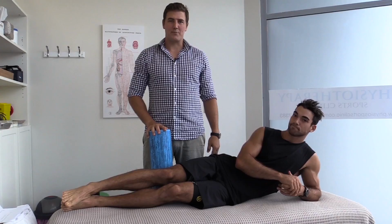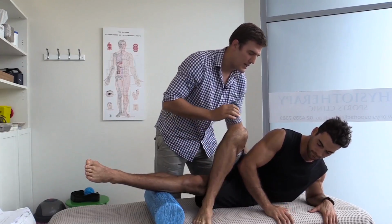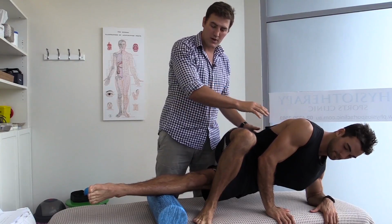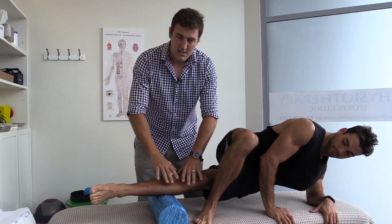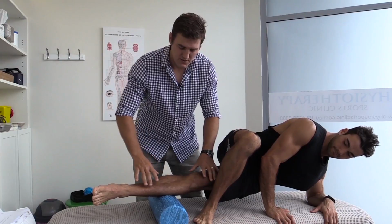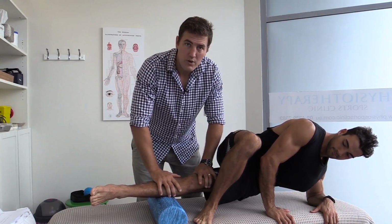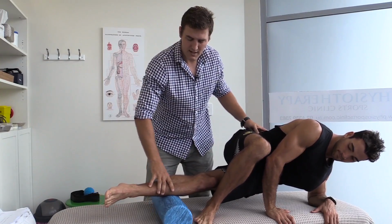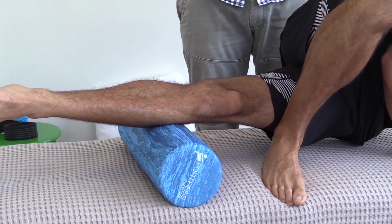So a good idea is actually to get your foot over the front and take a bit of the body weight up, and then he can lift himself up. He's done that naturally. He's put two hands on the ground, one elbow, one hand. Now what you want to do, it's basically just a massage for yourself. So what you do, you line it up, you're pushing your body weight into the side of the foam roller, and what he's going to do is slowly roll down, good, take his leg down, and then back up the side